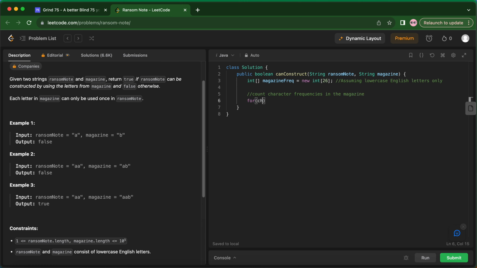For char ch from magazine dot toCharArray, we'll say magazine